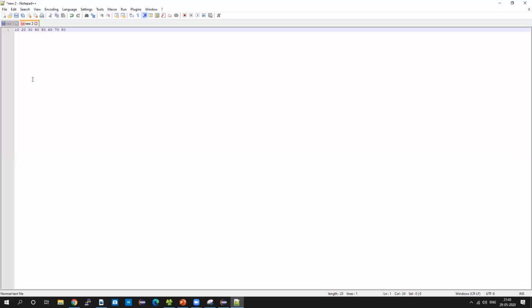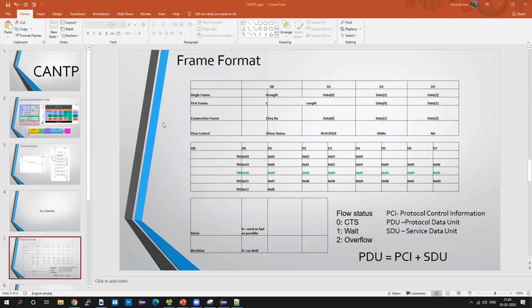If you want to transmit up to 8 bytes of data, you can do it without the CAN TP. But if you are using this channel for the CAN TP, first your single frame will go, and in the single frame this data will be transmitted, which you will see on this line.